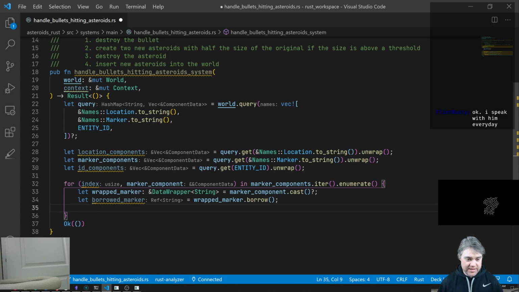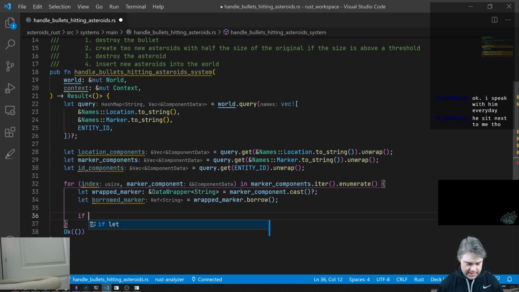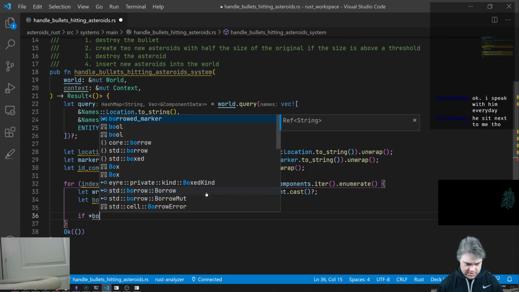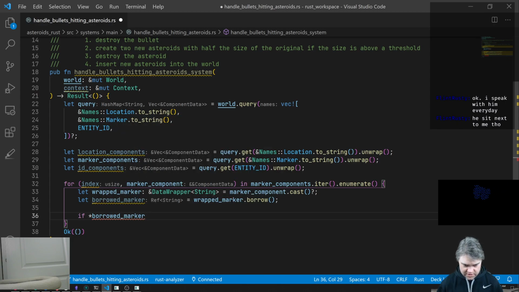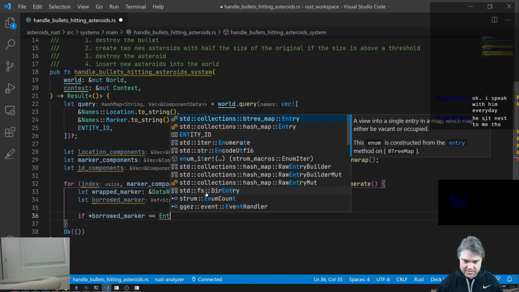All right, so then we care about if this is, so if our borrowed marker, so if borrowed marker is equal to entity types,